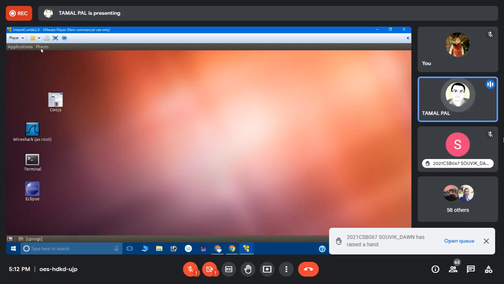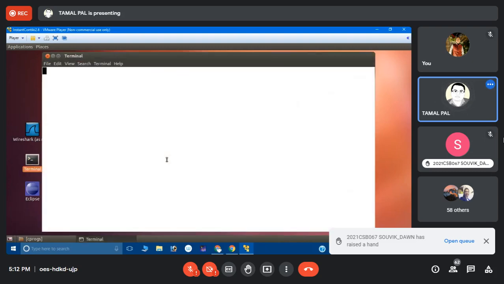Using the VI editor, we usually create files. Using the VI editor, we usually write any program.